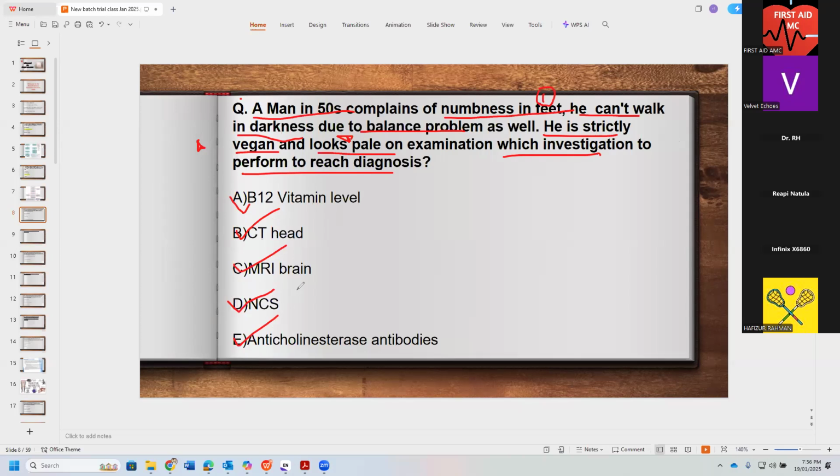All right. Everyone knows because he's vegan, looking pale, and has numbness in the feet along with coordination and gait problem. This is vitamin B12 deficiency, most likely leading to subacute combined degeneration of the cord. So, absolutely right. This is the answer. Now, for those people who don't know how to reach this answer,